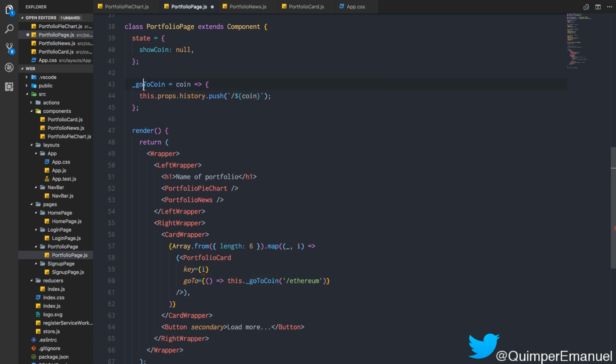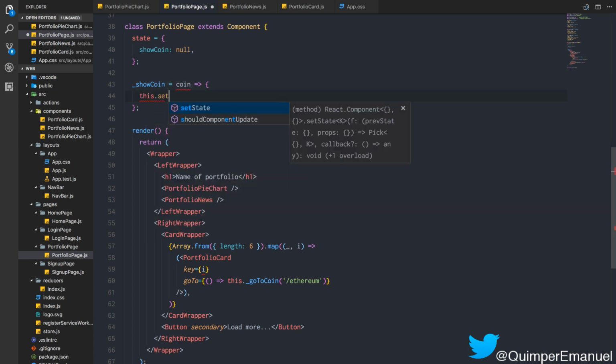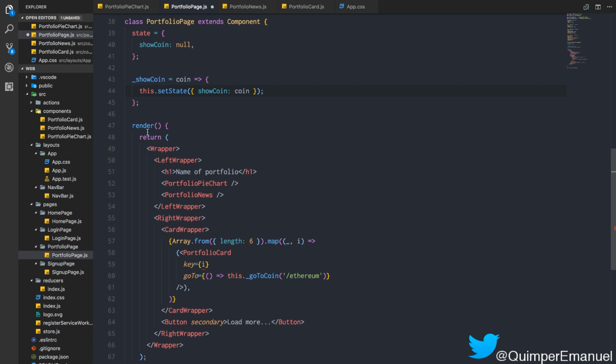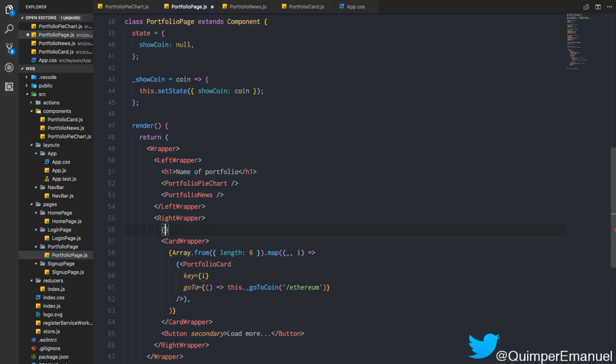When I click on coin, I'm not going to say go coin. I'm going to say show coin. I'm going to take the coin, and you're going to set state show coin with the coin. After that, what I'm going to do is, if show coin is null,